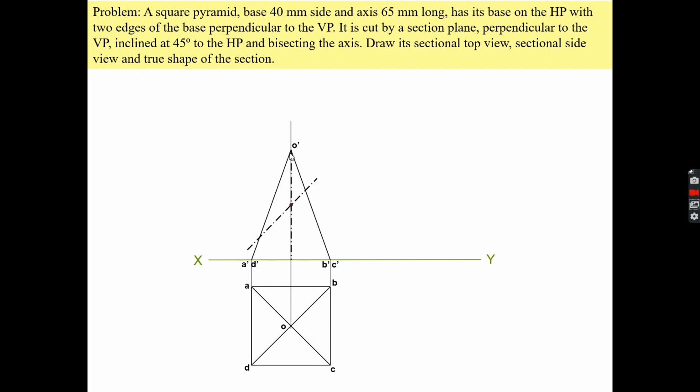So this section plane is cutting the O dash A dash and O dash D dash, these two slant edges here. Similarly, this O dash B dash and O dash C dash. This section plane is cutting these two slant edges here. Okay, so we can give